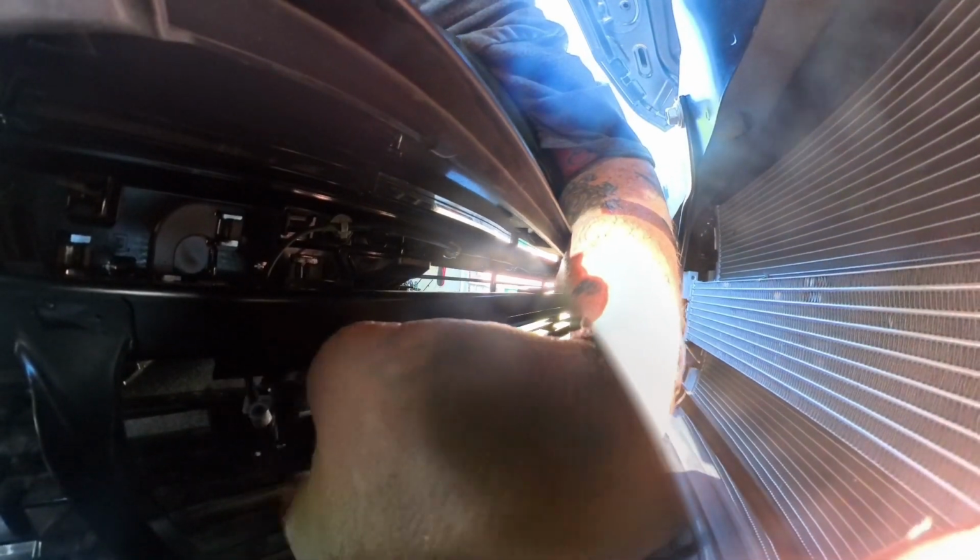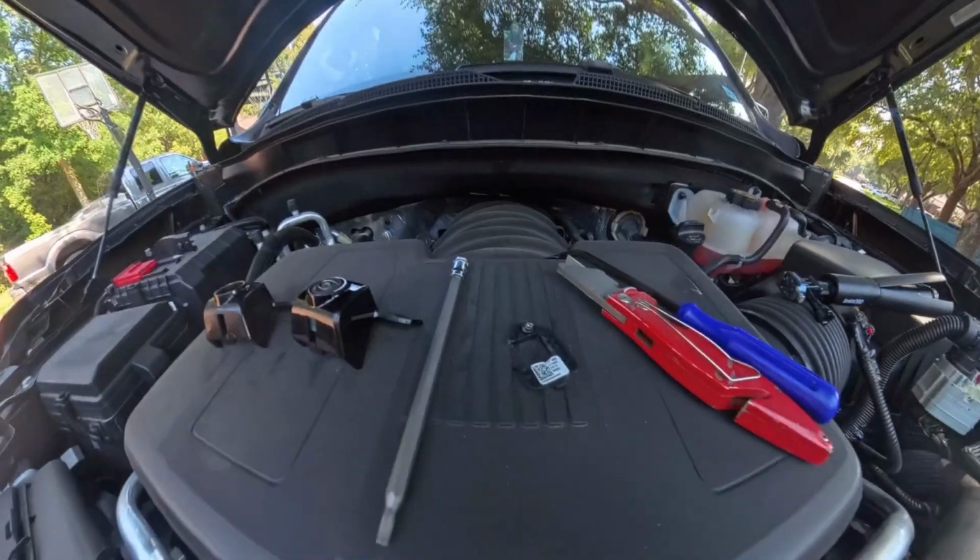Now I just have to disconnect that power cable that's going to the camera, which was giving issues from being able to fall through that hole. So I'm going to disconnect that and I'll be right back. All right,